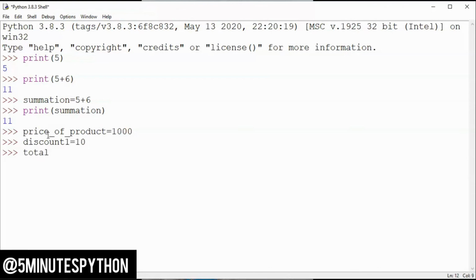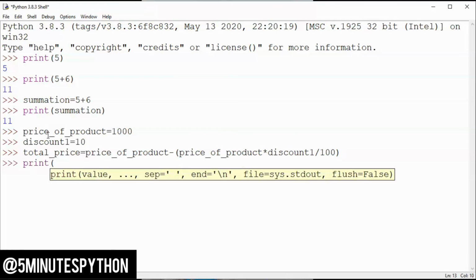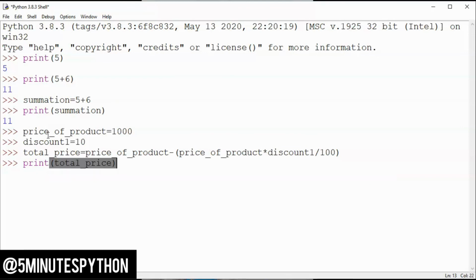Now I'm going to calculate the total price. total_price equals price_of_product minus, sorry. I'm going to print the total price of the product. I'm going to use the variable total_price, and I'll get the result.